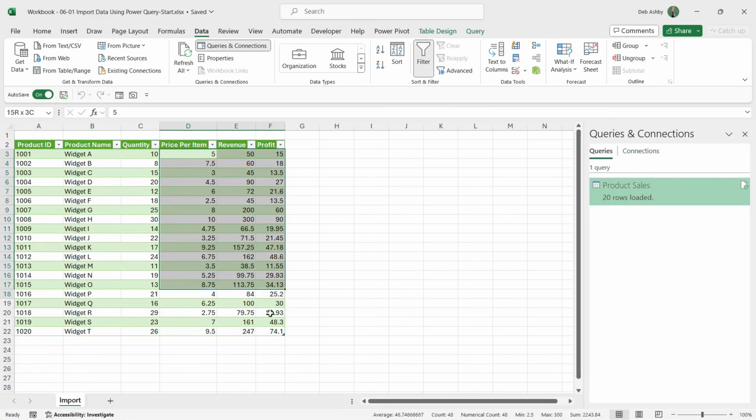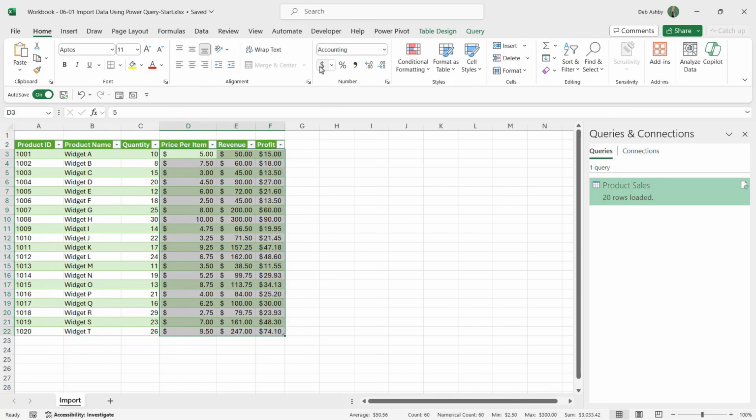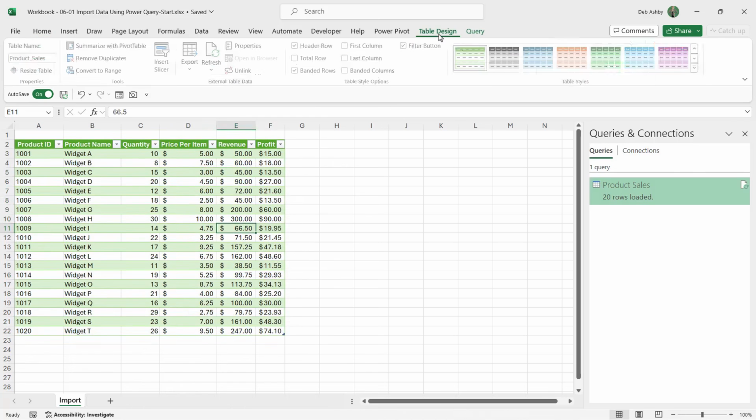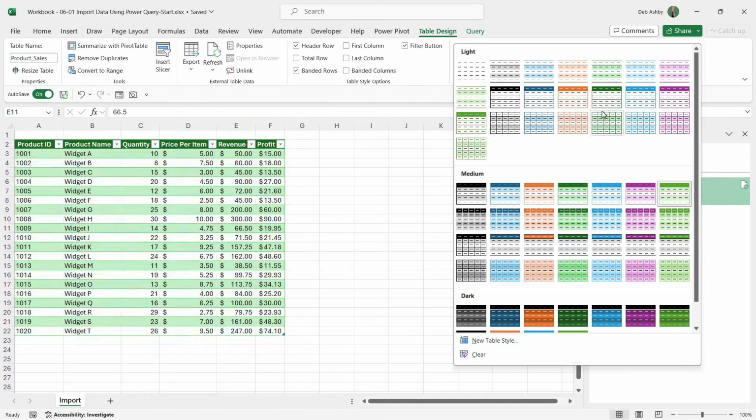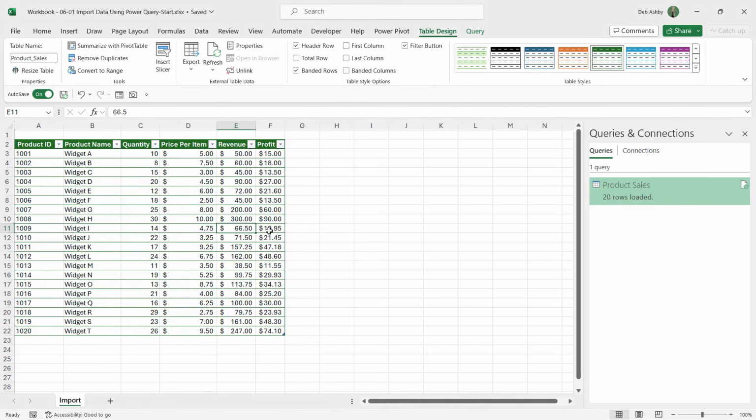Notice here that these values don't have currency formatting applied. So if you wanted to, you can go back in, you can apply your currency formatting like so. And I'm going to go to table design because I really don't like this table formatting. Let's go for this one just here. So hopefully there you can see how quick and easy it is to take a data set with lots of issues and use Power Query to completely transform it so that you don't have to mess around with lots of